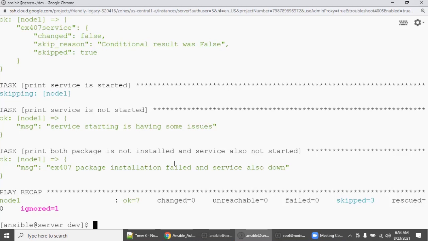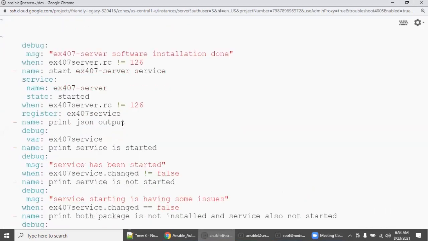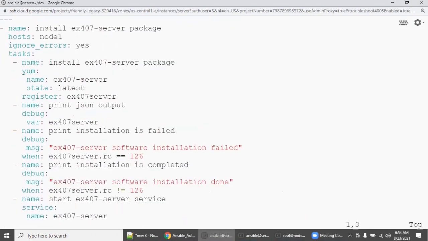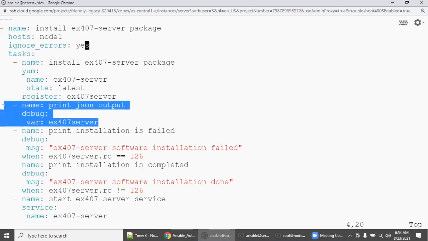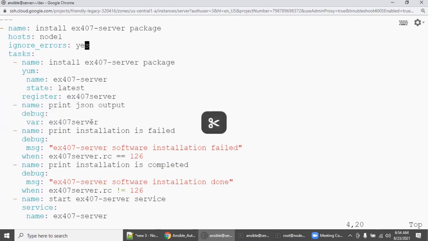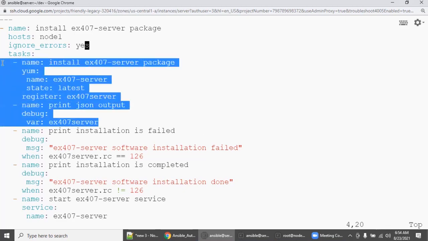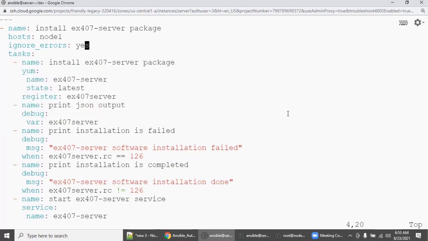If you foresee any error, then use ignore_errors on the wider level, the entire playbook level here, right? So this key is really important. Then as soon as you get the register, you print the next play itself, because this output may vary in every situation. So I strongly recommend, if you are a beginner or starting your Ansible career, go for this approach till you get confident. Once you have all the confidence, then this play is not required, this play is not required, this play is not required.